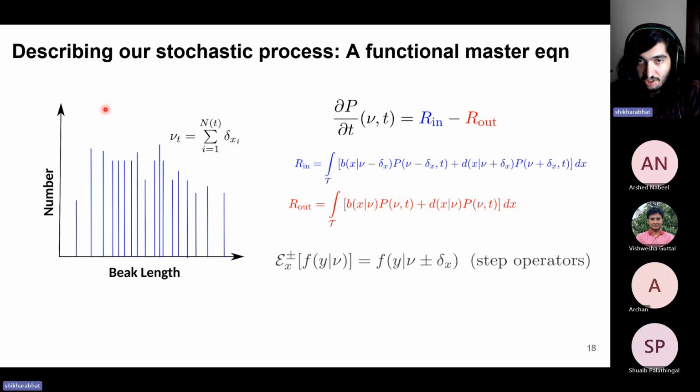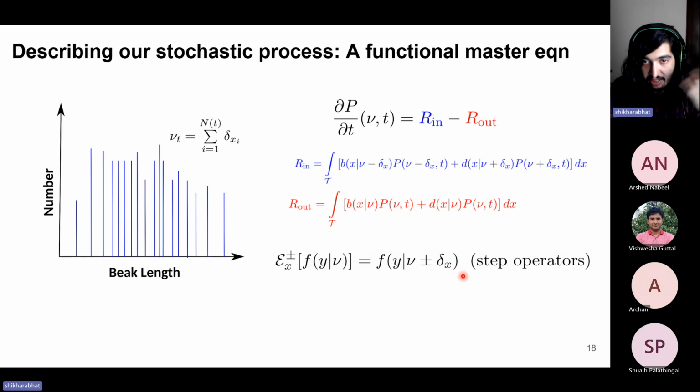Therefore, we can just calculate what dp by dt is. I will use the same notational trick I did earlier by defining what I call step operators. Here I'm denoting it by e sub x plus minus, and given any functional f that is a function of the trait space and the population, this step operator tells me what the value of the function would have been